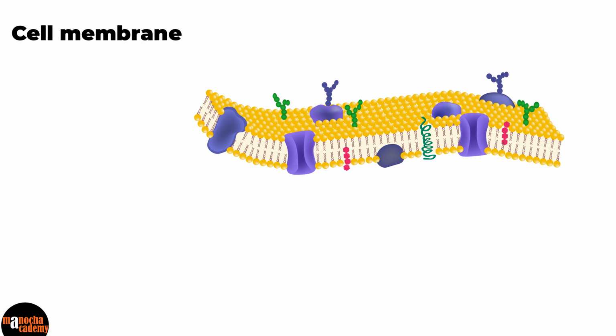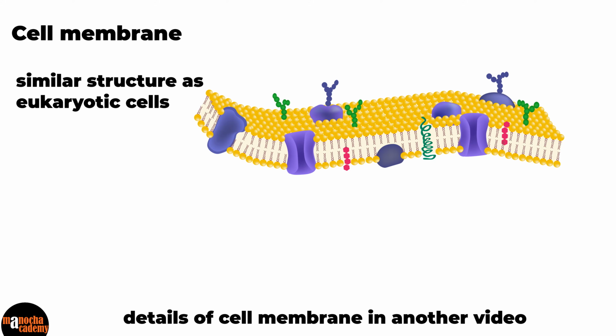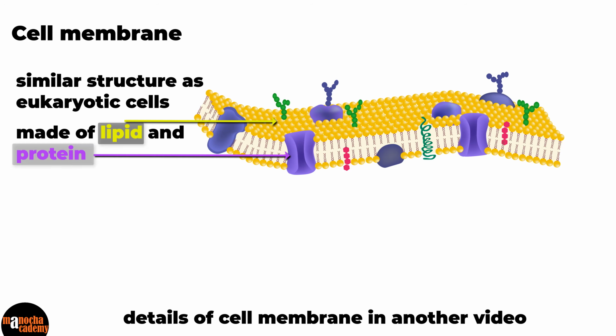The innermost layer and the third layer in case of a bacterial cell is the cell membrane. And this cell membrane has the similar structure as we see in eukaryotic cells. We will go into the details of the structure of this cell membrane in another lesson. But to let you know about it, the cell membrane is made up of lipid and proteins. It has proteins embedded in the lipid bilayer, floating outside the lipid bilayer, and the most important thing about the cell membrane in a bacteria is that this cell membrane is highly metabolically active and several reactions are taking place